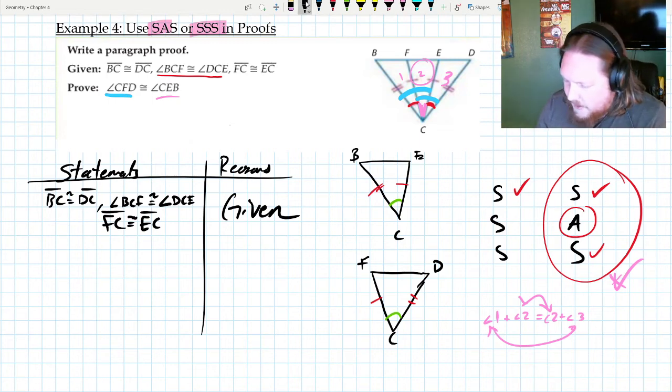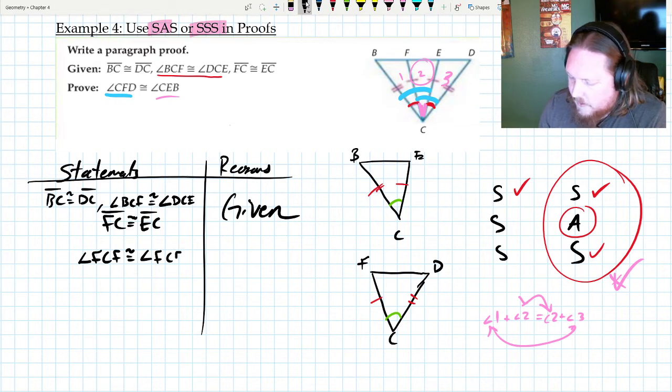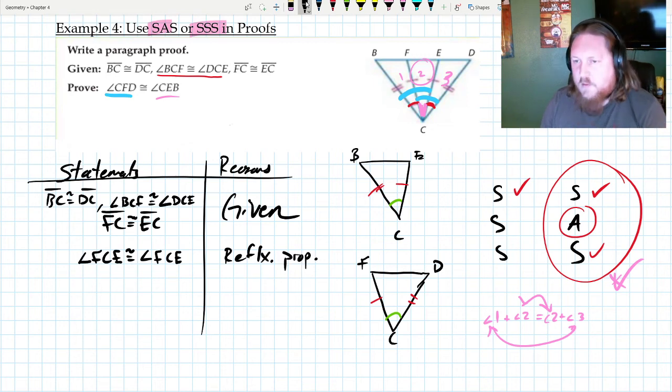What is that? Angle FCE is congruent to angle FCE. That's the reflexive property. It's always congruent to itself. Now with that, I should know